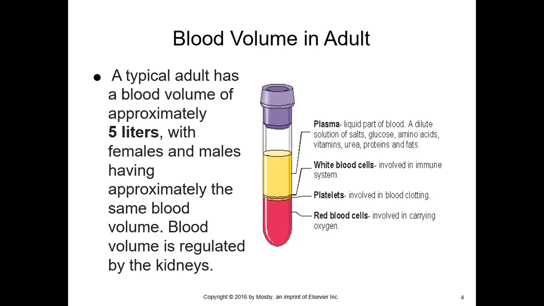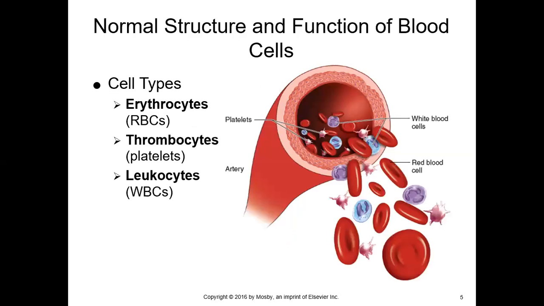So making sure everything is in adequate amounts in the vascular system is extremely important. As we've talked about, it's a pretty complex process. So the normal structure and function of blood cells, we're going to talk about really the three main blood cells. And when we say blood cells, these are produced in the bone marrow and also the spleen, and they have